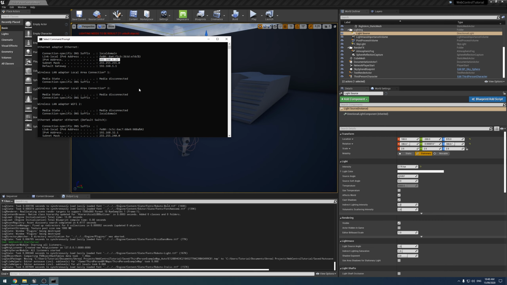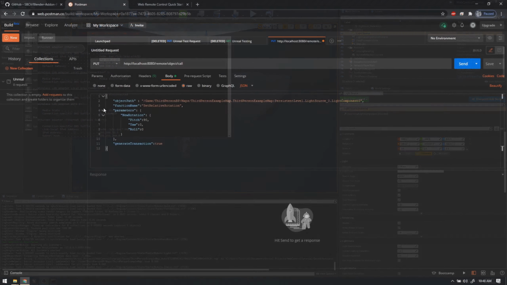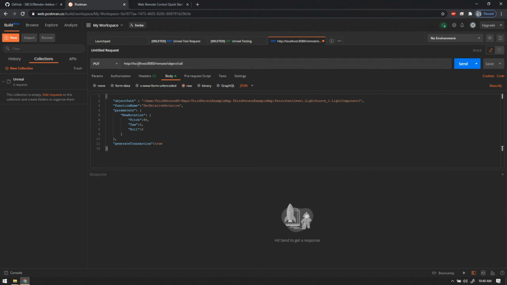So that is my local Ethernet, not my public one. So on the laptop, if we change localhost on our request to 192.168.122, theoretically this should then change our light to 90 degrees. So we hit send,